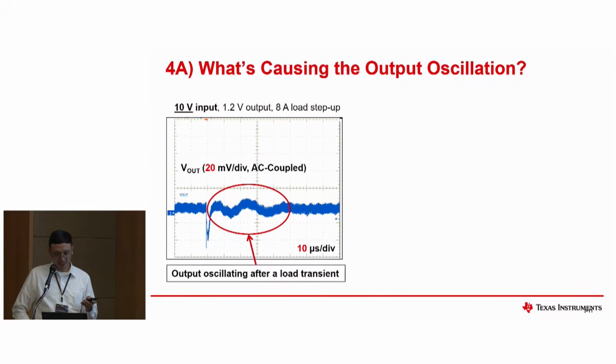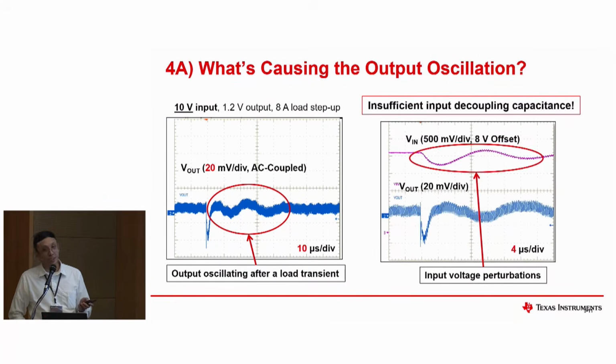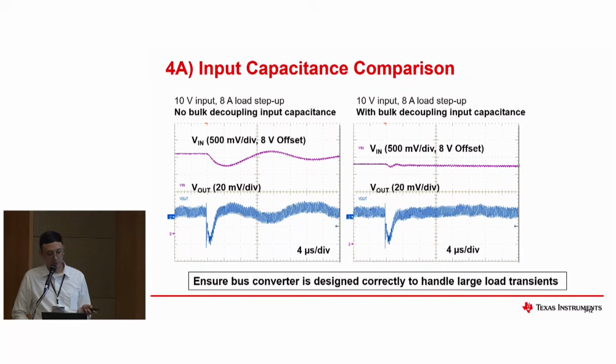Yes, okay. So you're correct, it's from the capacitor, specifically the input capacitor. The decoupling input capacitance is not enough. Here, this is comparing a measurement of the input voltage. You can see when the load is applied, it also goes through a similar type of oscillation with the same frequency as the output. This is because of the lack of the input cap.